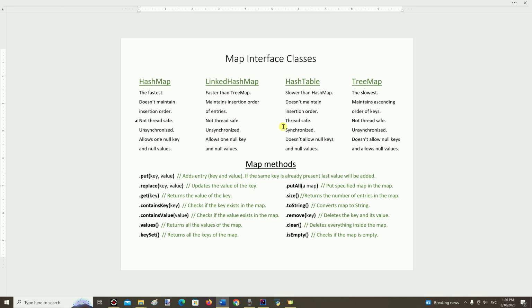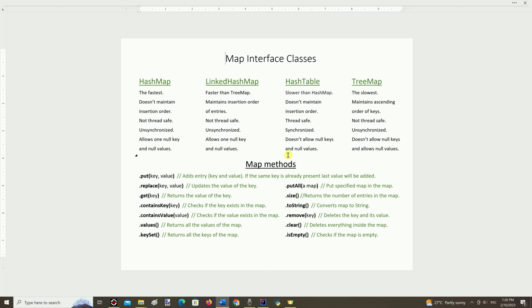Hash map, linked hash map, and tree map do not. Hash map and linked hash map allow one null key and numerous null values. Hash table doesn't allow null key and null values. Tree map doesn't allow null key and allows null values.